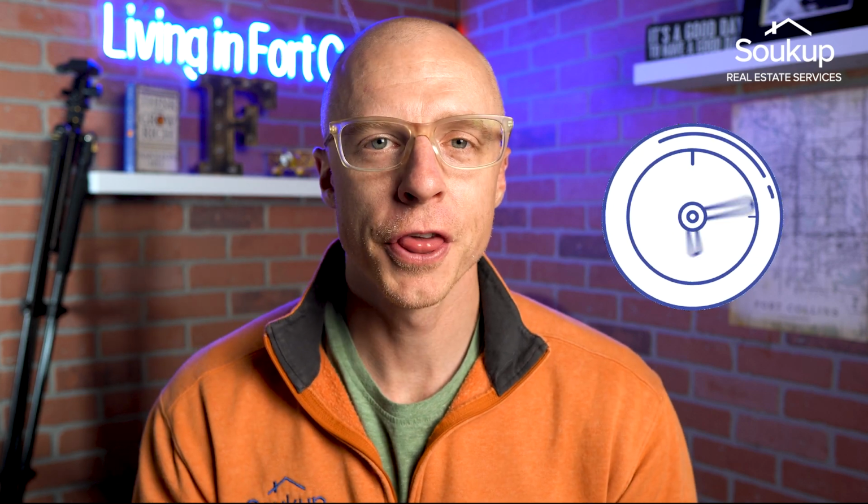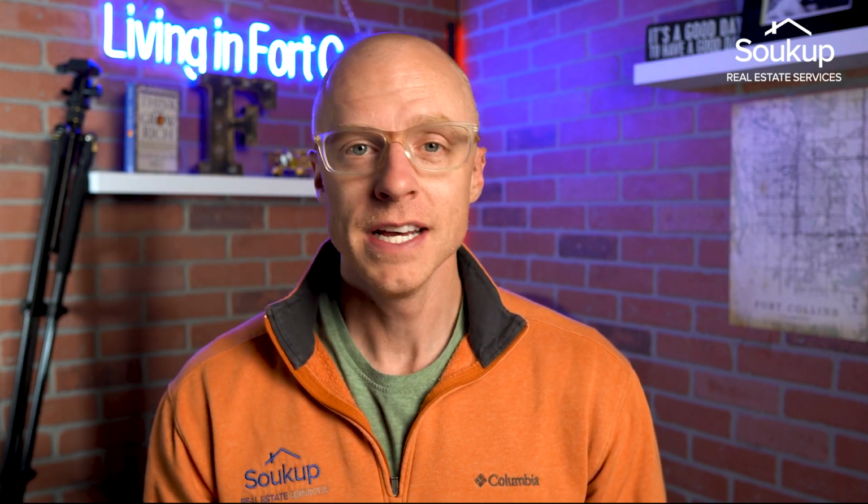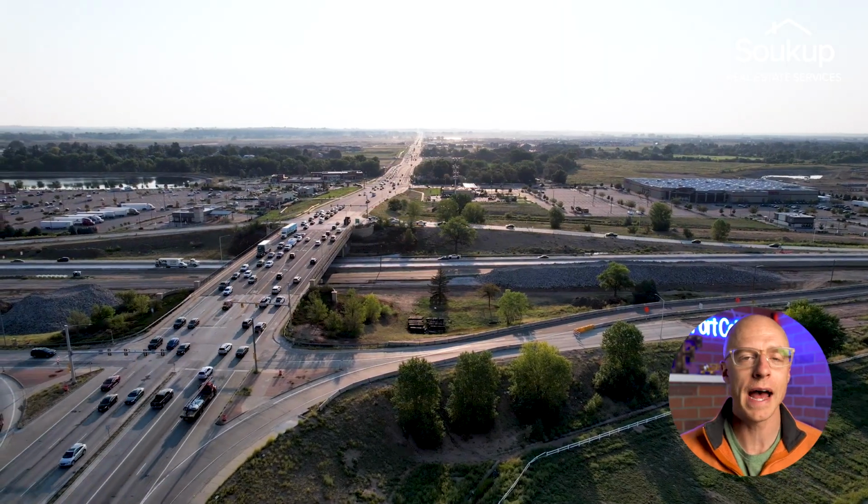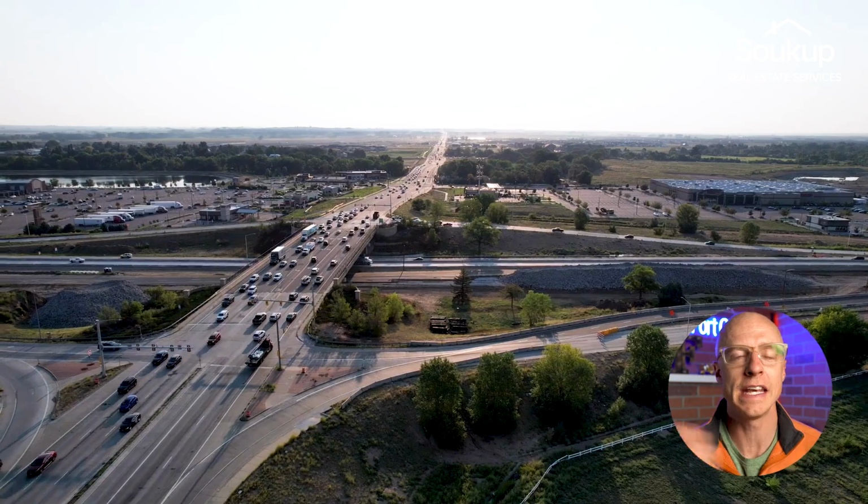My entire 35 years on this planet, I have lived in South Fort Collins. Now, 9 months of my life, I did live in Northwest Loveland, but otherwise, I have always lived south of Horsetooth Road. And Fort Collins is a grid pattern that really has a north-south dividing line and an east-west dividing